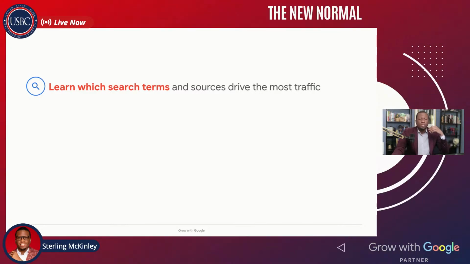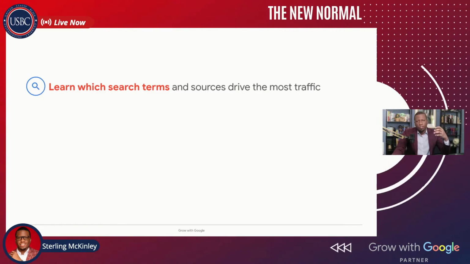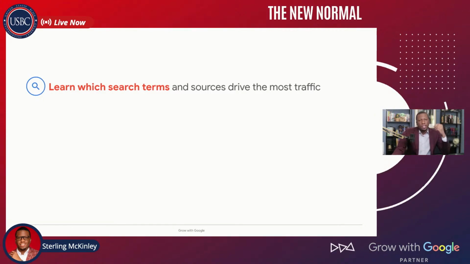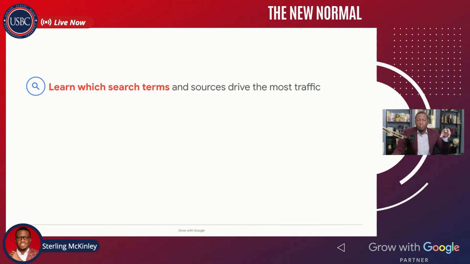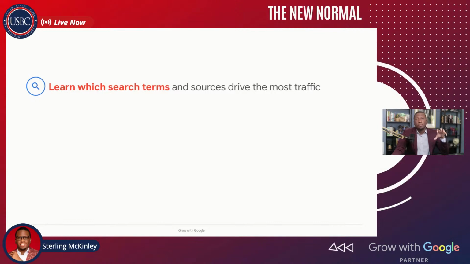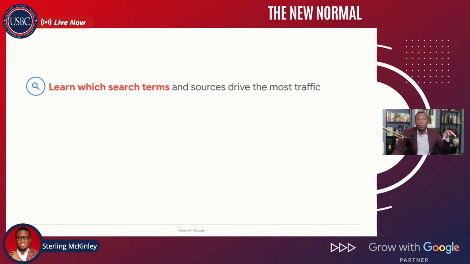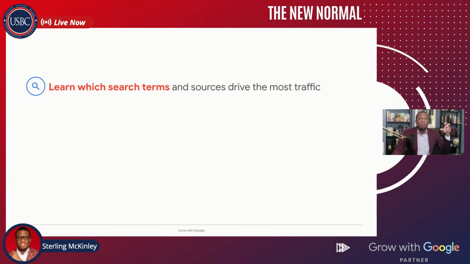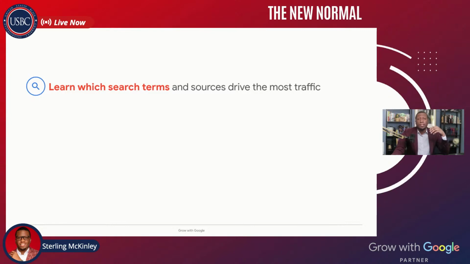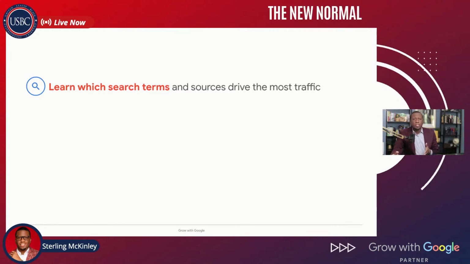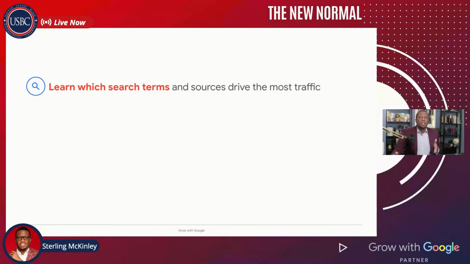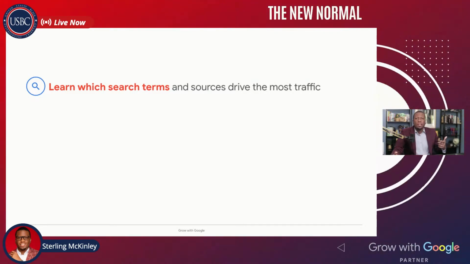Think about what words somebody is going to type into Google search to find your business. They don't always type the name of your business. Sometimes they don't know it, so they're going to type in your service. They'll type in floors, and they'll type in floors near me. They'll type in floors in Florida, things like that. So when it comes to writing the content for your website, you want to think about what terms people are typing in to find you.